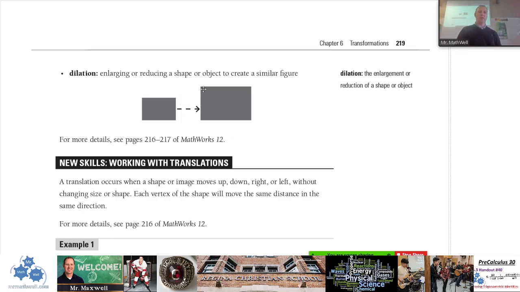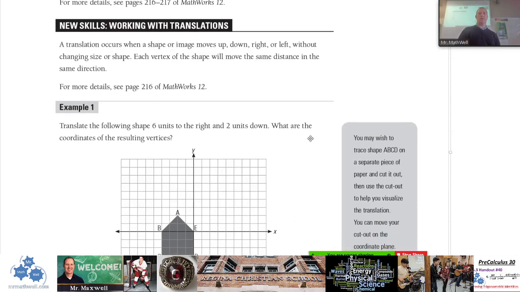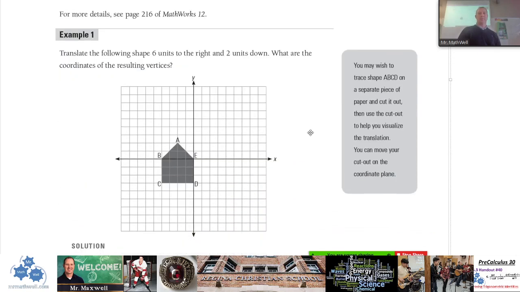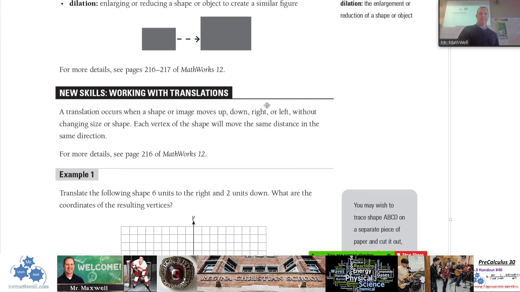factor of, maybe almost double, right? Not quite 2, but it looks like this side here versus this side is maybe 1.5 times or 1.7 times. So that's an enlargement, okay? A reduction is also called a dilation. All right. So working with